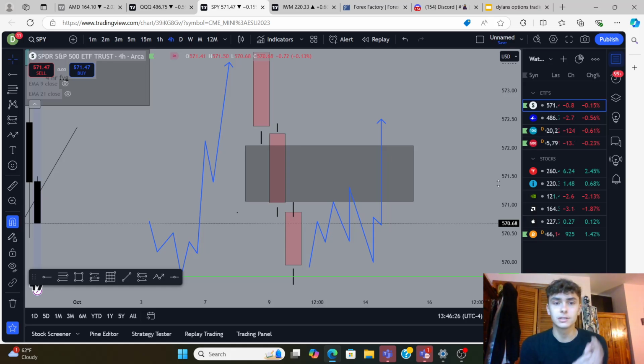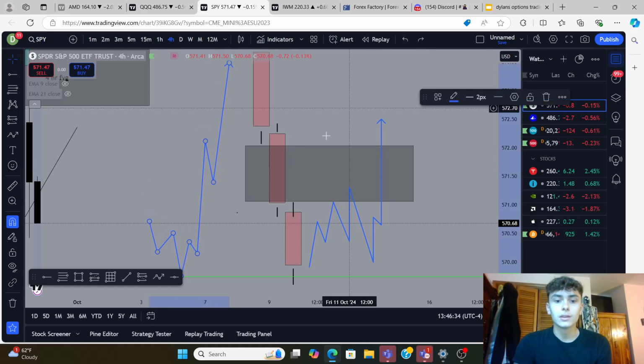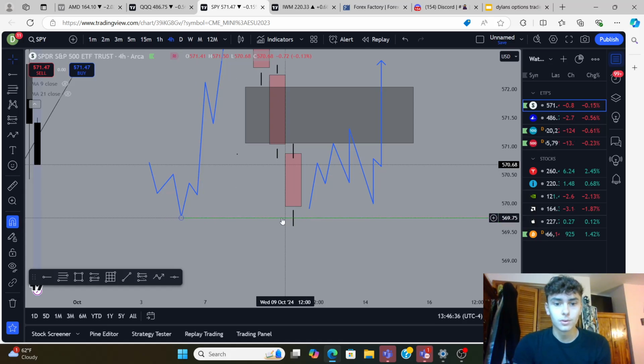I use them every single day. Liquidity and fair value gaps. This will make you money in the market, guys. Being able to identify lows, identify a liquidity sweep like this, boom, low, swept liquidity, inversion fair value gap, and then